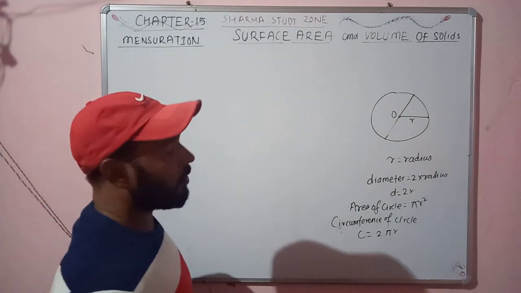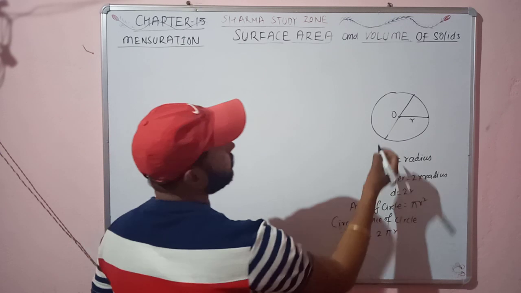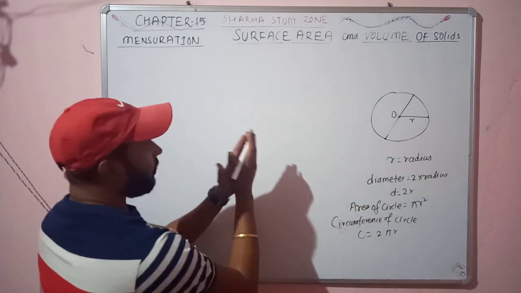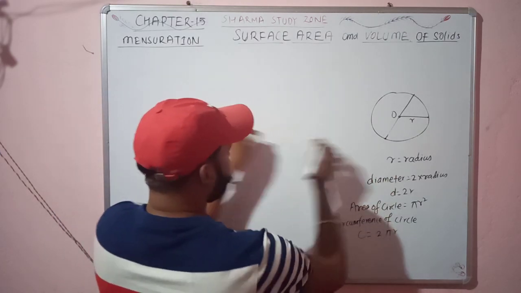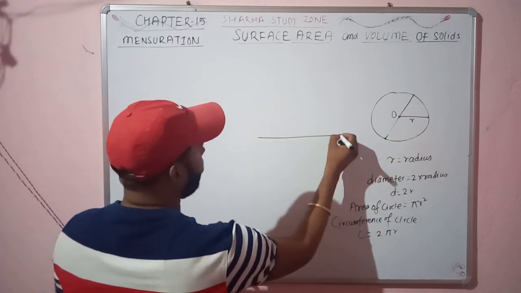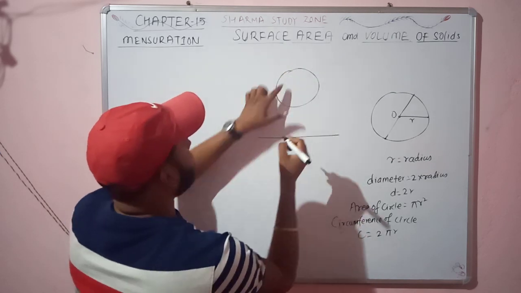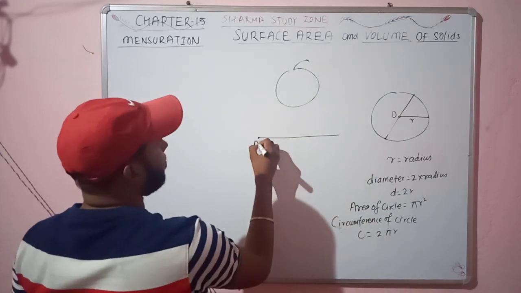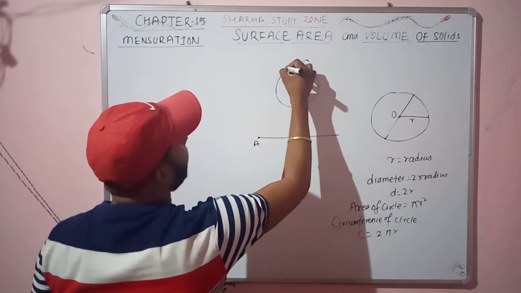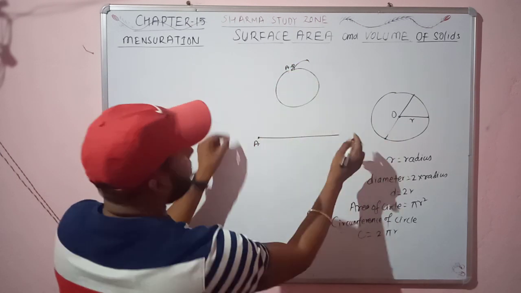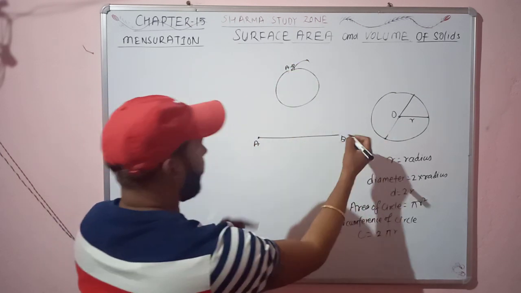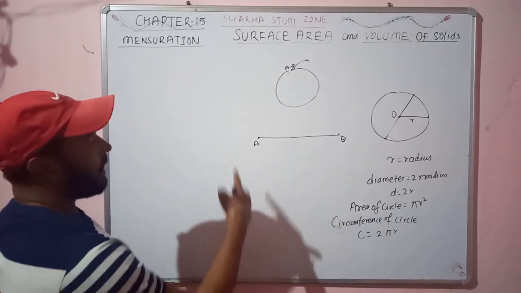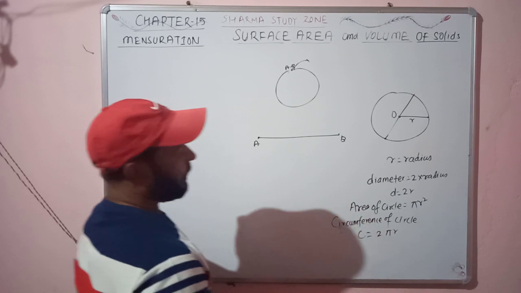But what does it mean? What does it mean by the circumference? The circumference is the total length. Suppose I stretch the circle like this. Suppose we have a circle. If we open both the ends and stretch it like this, suppose this one is A and B, and we stretch this into a line. It will represent the circumference of the circle, and the formula for this will be 2 pi r.